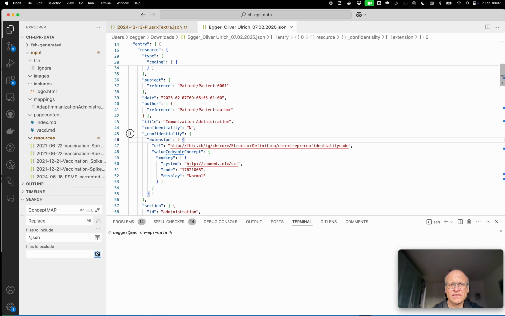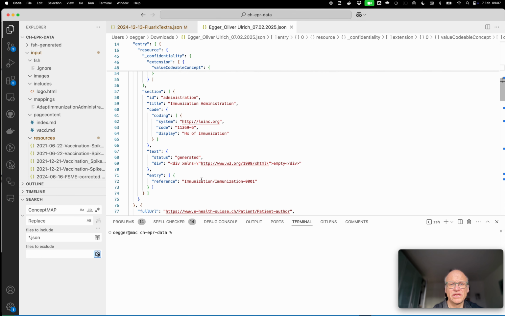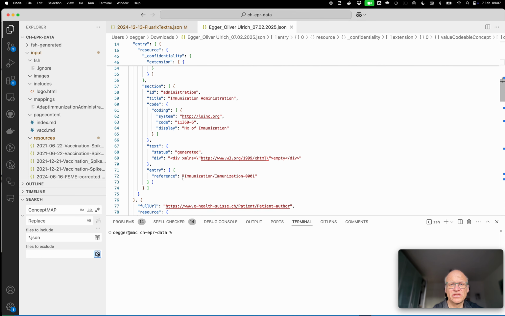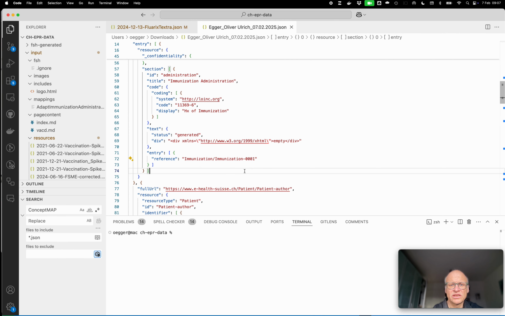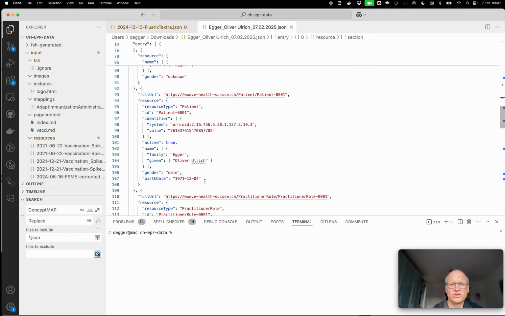What you see here is that the Swiss EPR has defined its own confidentiality levels. And here we have an extension which describes further the confidentiality level of the Swiss EPR, which is also a Swiss SNOMED CT code, normal. Then we have a section where it's referenced to the immunization I was provided. I have the patient author information